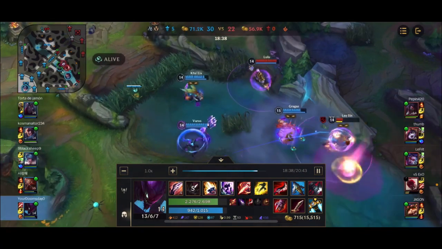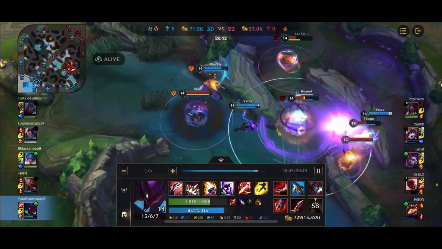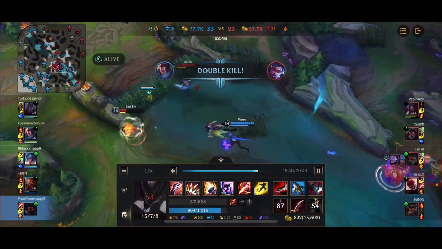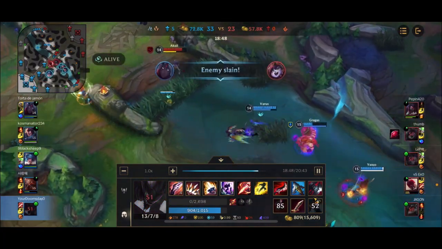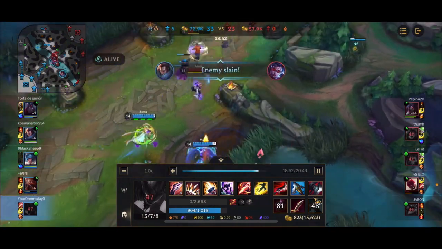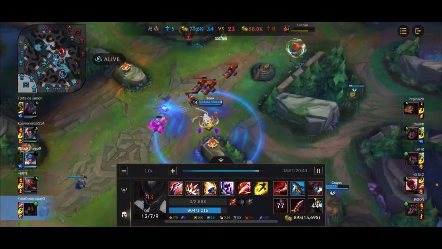I'm just kiting back and I'm not burning my third ability if I don't need to, and I'm just using my first ability on isolated targets. You can kind of see here, I actually do get deleted there, unfortunately. I get both Akali ulted plus Lee Sin engaged. So that's pretty bad, but they burned a lot of stuff on me. My teammates were able to clean up, so...